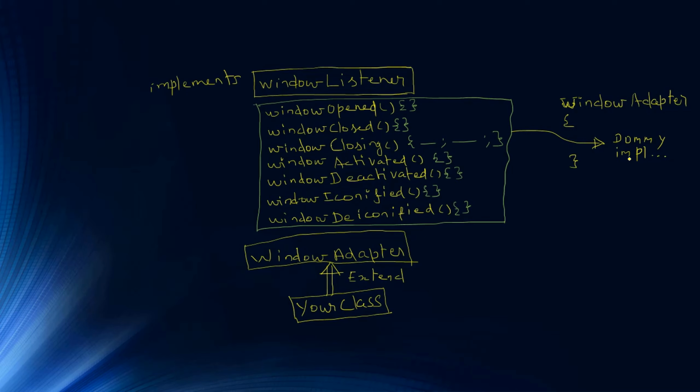Since window adapter already has all the dummy implementation for window listener, the window listener's dummy implementation gets inherited to our class. That means the class which we derive from window adapter is actually a window listener with all dummy implementation. Suppose if we want to handle only the window closing, what we can do, we have to override